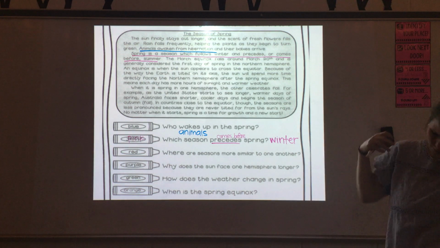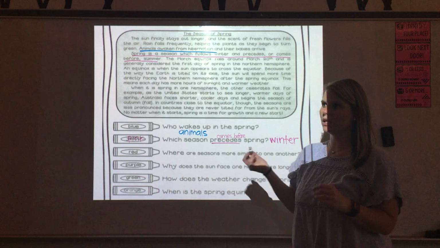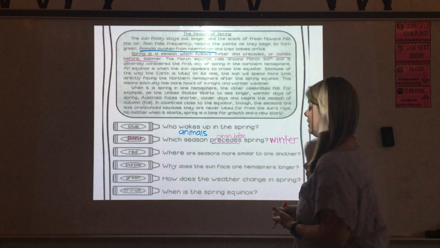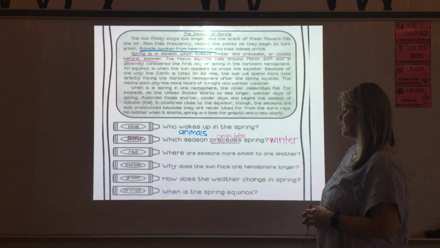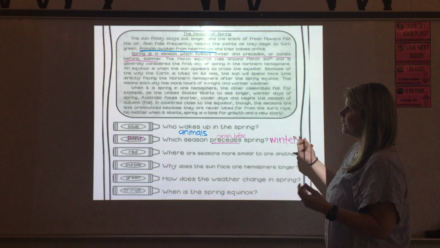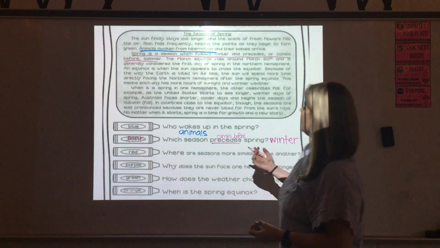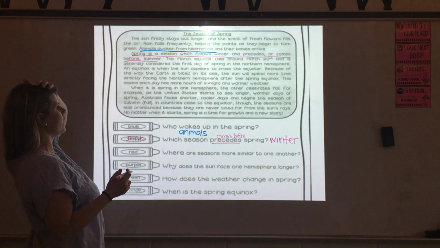This red one was also another one where we really had to infer. There was not a clear, in my opinion, clear answer to highlight to prove evidence to answer this one. So the red one is asking us, where are seasons more similar to one another? Now, the answer to this is the different hemispheres. Because if we look back in paragraph